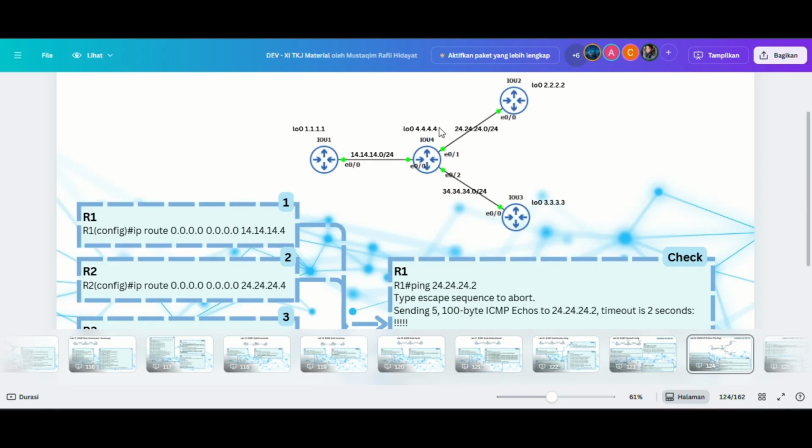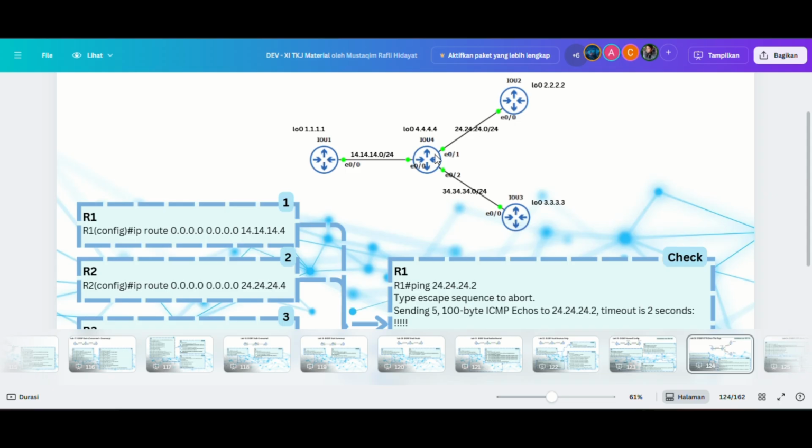And then go to the central router, router 4, with the loopback also. For the connection to router 1, it will use Ethernet 0 with the IP address 14.14.14.2, and then to connect router 2, router 4 will have IP address 24.24.24.2 applied on Ethernet 1.